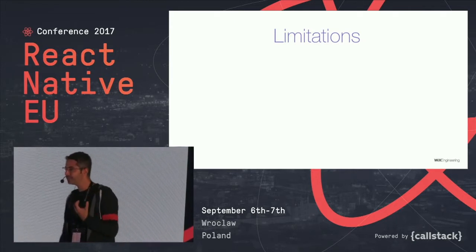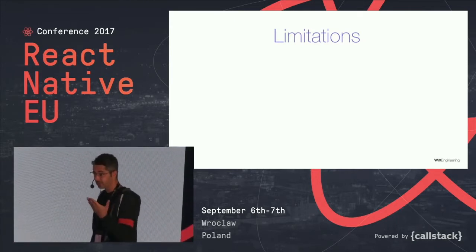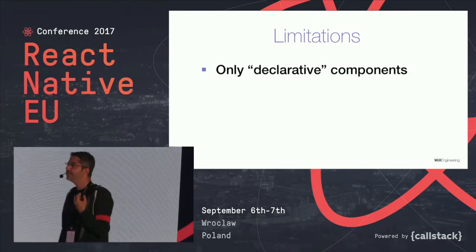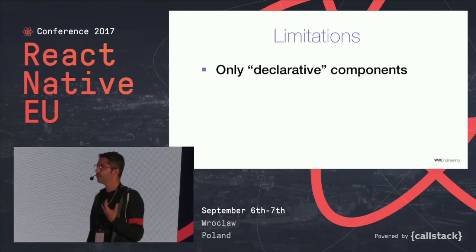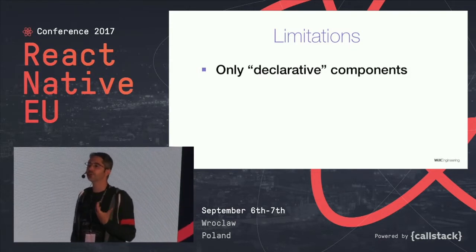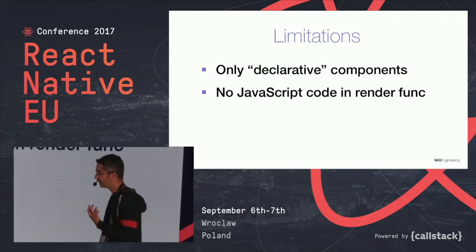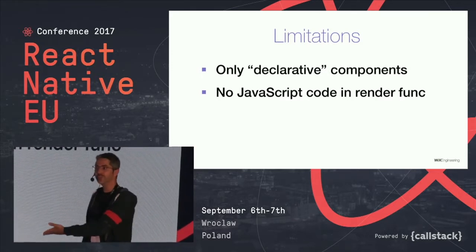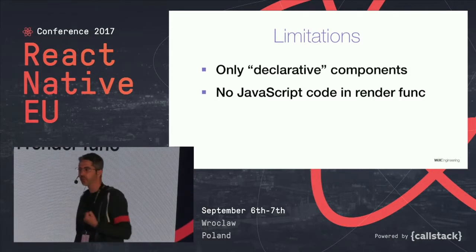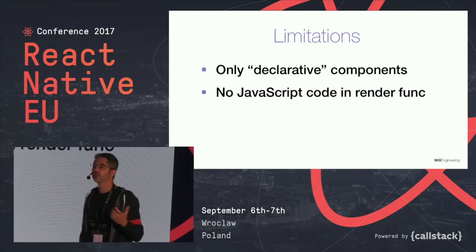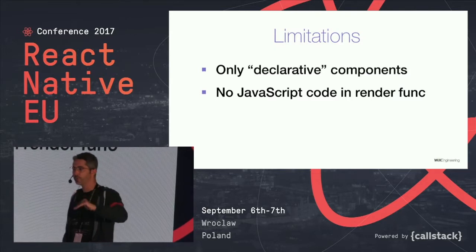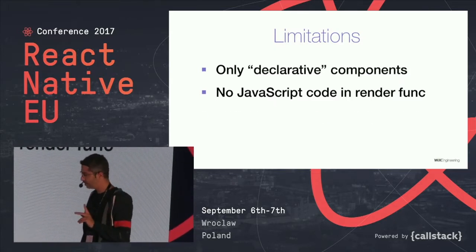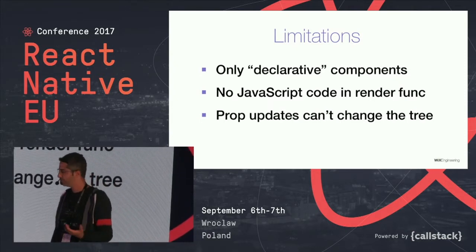Okay, so this is not a perfect approach, and I'm hoping that some of you can already guess the main limitations. This would only work for declarative components, components that don't have any JavaScript code inside. I'll show you an example in a second. So for the rows in your list, for this specific performance boost, you can't have any JavaScript code in there. It's just a declaration of components, calling components and passing down props. That's it, and this is a severe limitation, but sometimes you have to pay for the performance.